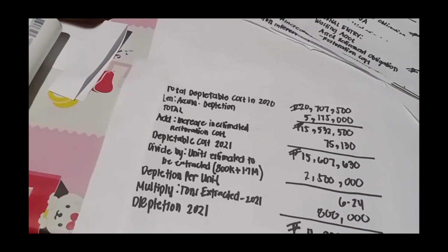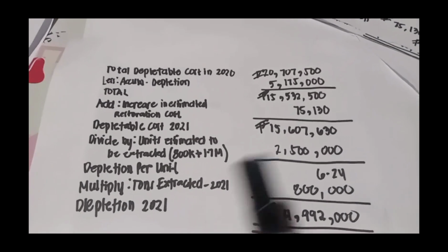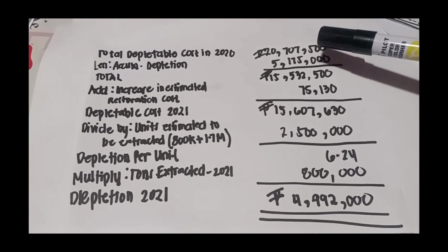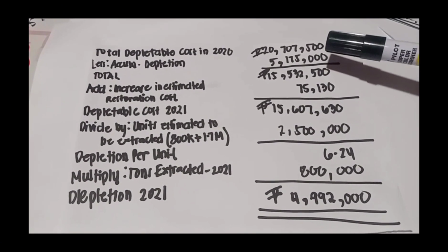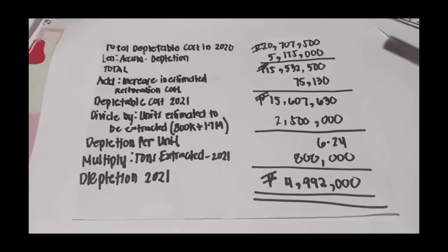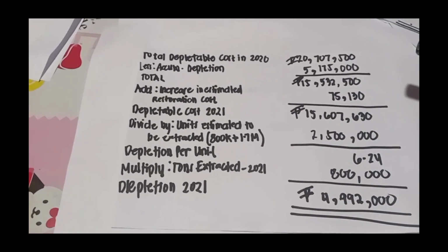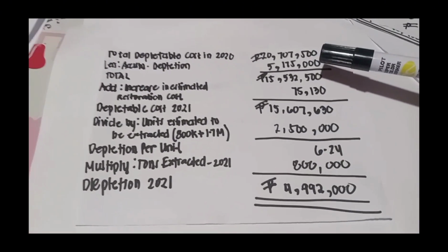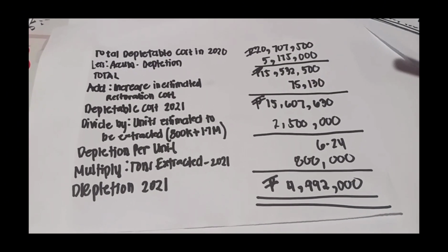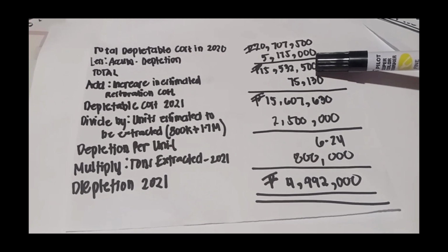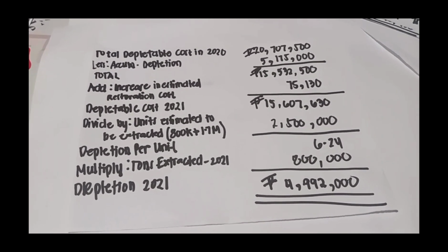Atong na minus ang 1 million na depletable na residual value. So naa tay 20,707,500. So naa pod tay accumulated depletion na 5,175,000 sa una sa requirement number 2 na nato gi-compute. Naa tay total na 15,532,500. So di ba atong i-increase ang estimated